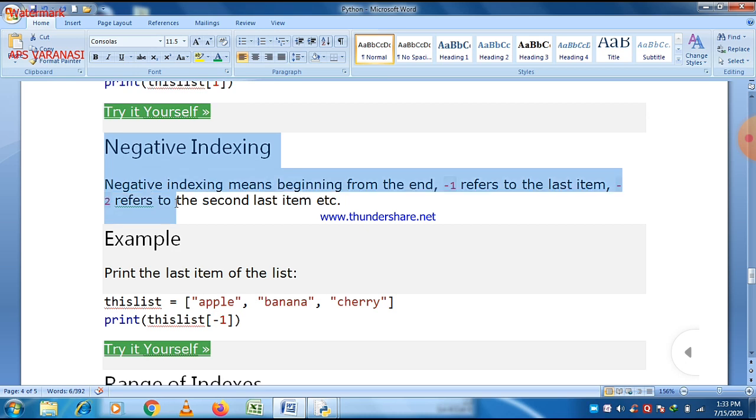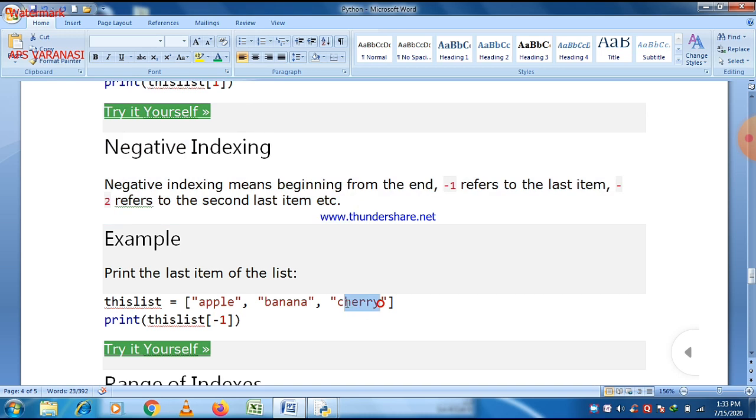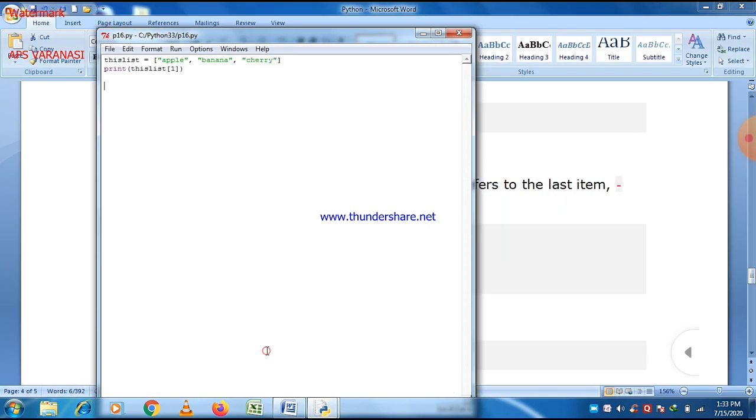And there is also a concept of negative indexing. Indexing always starts from -1 and goes from right to left. You can see that it starts from cherry, then banana, and then apple. The position of cherry is -1, banana -2, and apple -3. And when you print this list at -1, then cherry will be printed.